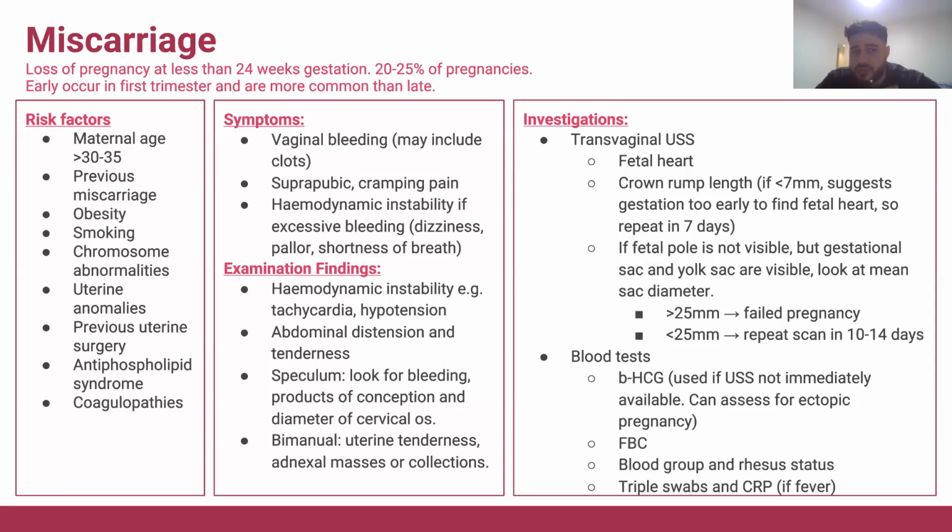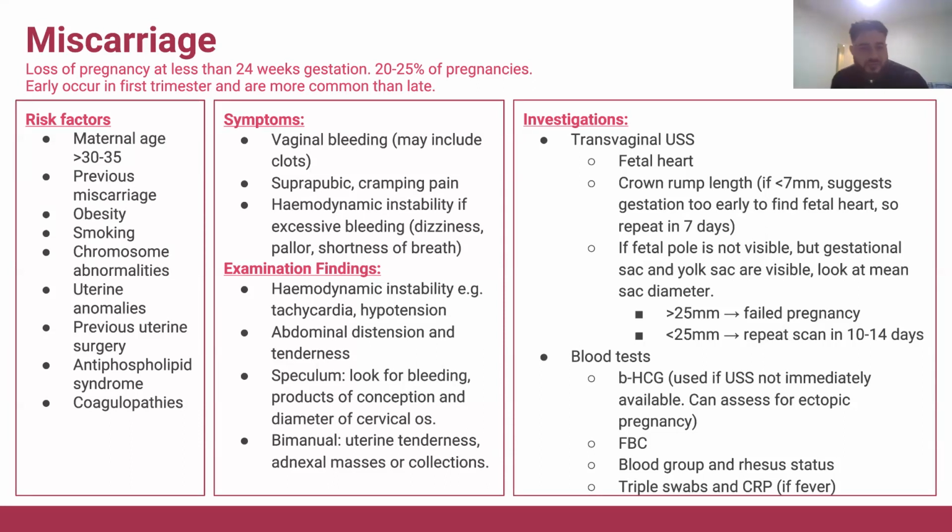Antiphospholipid syndrome as well is one that you may want to remember from fourth year. So the whole sort of I think four things are increased VTE risk, livedo reticularis, miscarriages. I forgot the other thing as well, but that's another important one that you'd want to remember from fourth year as well.